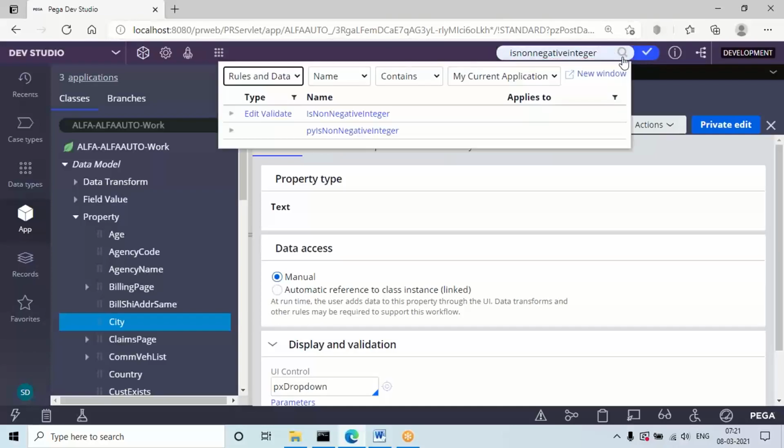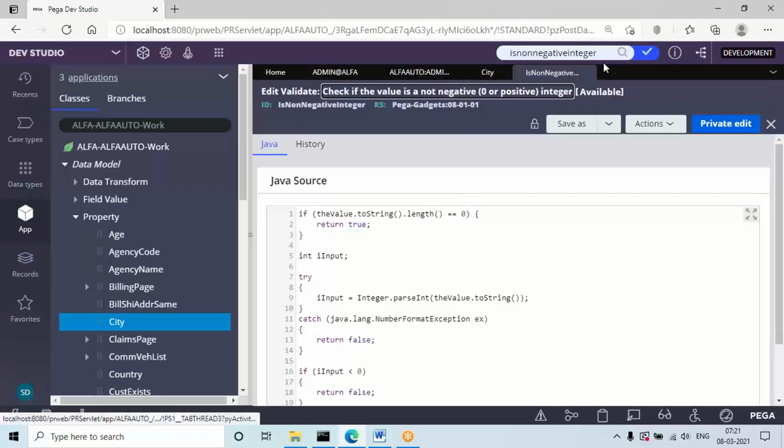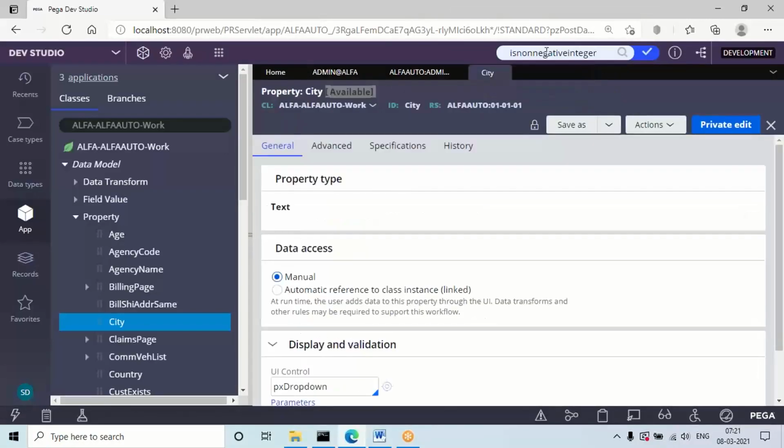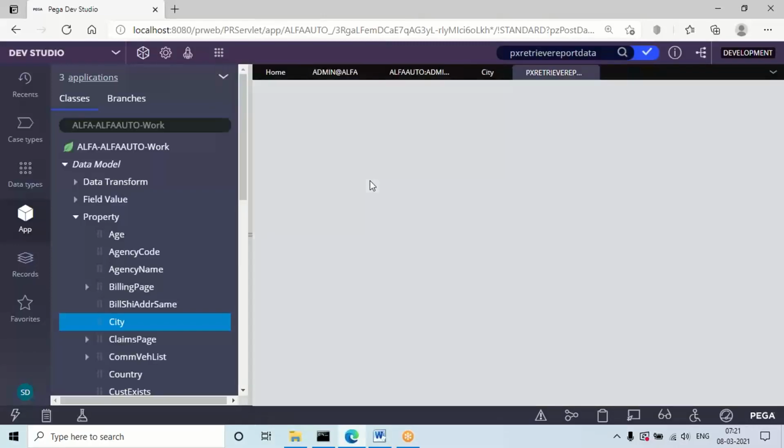Not all predefined, but some predefined rules will have the type as final. Okay, this is also final. Let me open this API.